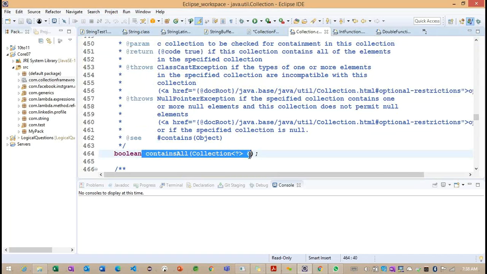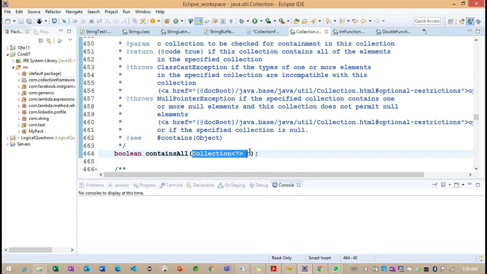Now you can see the containsAll method. Getting the point? So the containsAll method, and here we identified the wildcard parameter, because we already discussed the generic concepts here. The purpose we already identified: if I provide the type, what are the drawbacks we identified, and with the help of this wildcard parameter, how we are going to get some advantage compared to the type parameter.